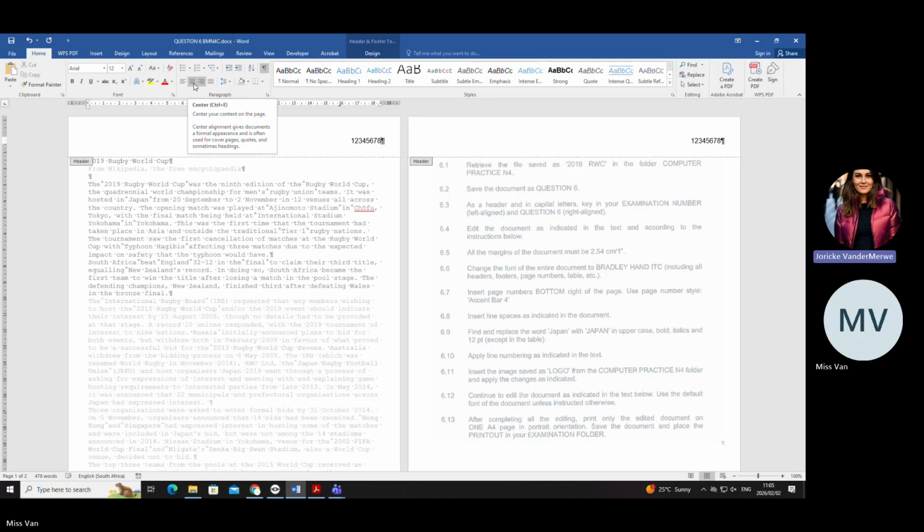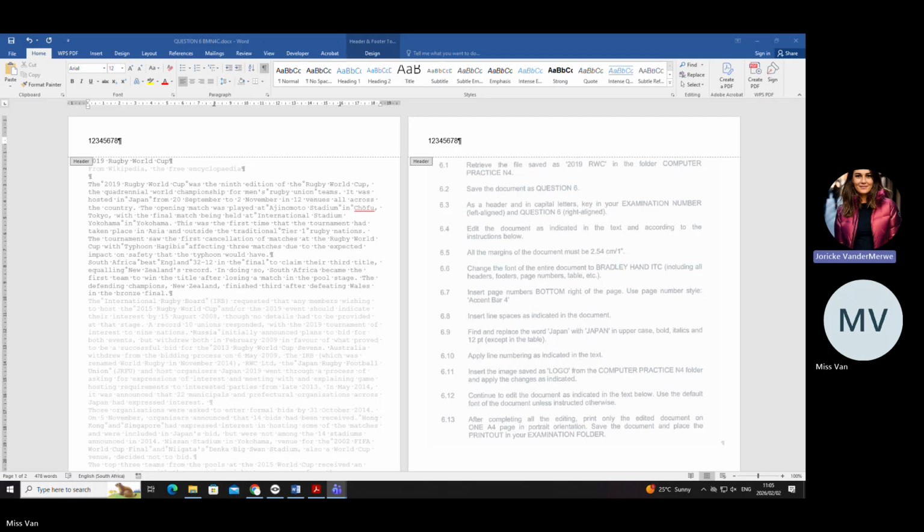So listen very carefully. For the header and the header only, you're going to use another method. Everything else in your document, you're going to use these alignments. But for the header, we are going to use what we call the tab key. Where is the tab key? Can you find the tab key for me?